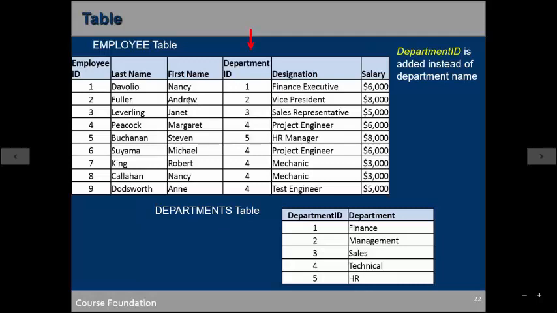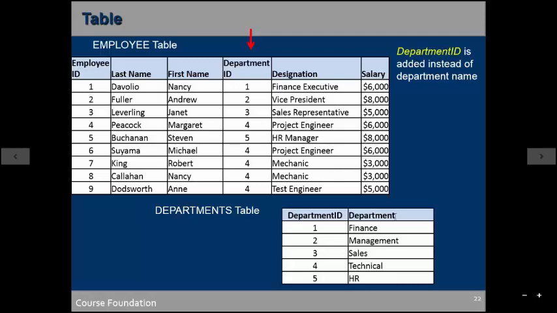Now if I want to find out for which department is Andrew working, so what I have done over here is, though I have taken out the department column from here, I have inserted another column which is named as the department ID. Okay, which contains the number, like same over here. Okay, it is containing now the IDs. Okay, instead of the name. Because if I'm putting names over here, it is looking messy. So now what I wanted to do is, I don't want it to be in that format. So instead I have created one more table named as the departments.